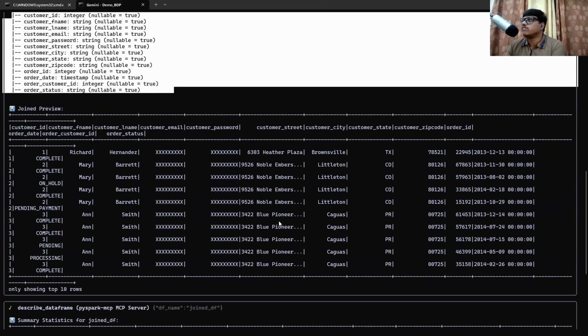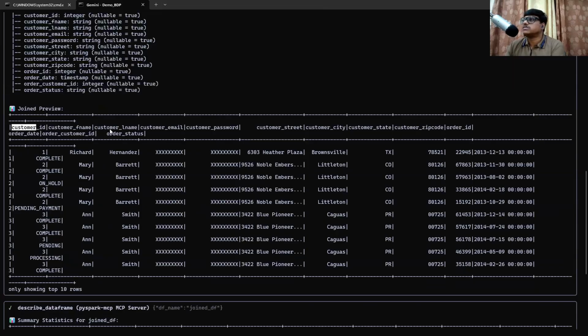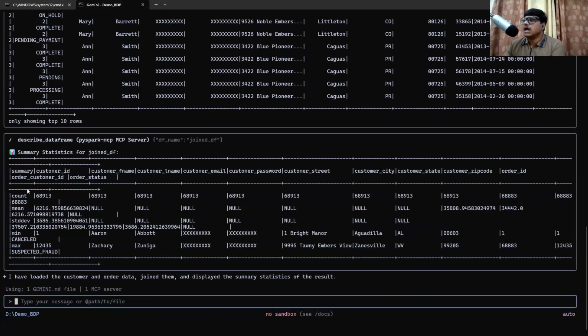Finally, there's the output we are getting with the joining. So customers and orders are both available here. And in the summary, how many total records? 68,883 total records. We try to join it, and we are getting all the inputs here: customer level with the order count, the mean, median, standard deviation, all the statistic references.